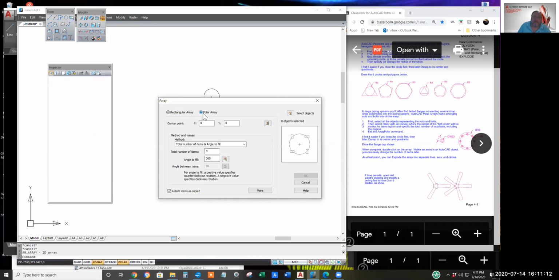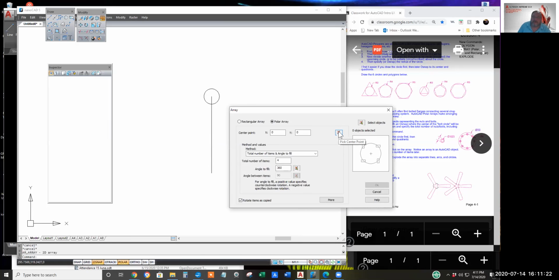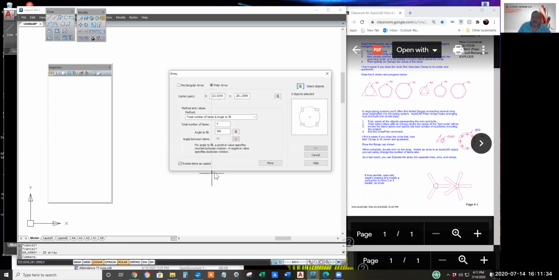Click polar. Click pick center point. O snap at the bottom of the 20 unit vertical line. Specify the number, let's call it 12, around the full circle.